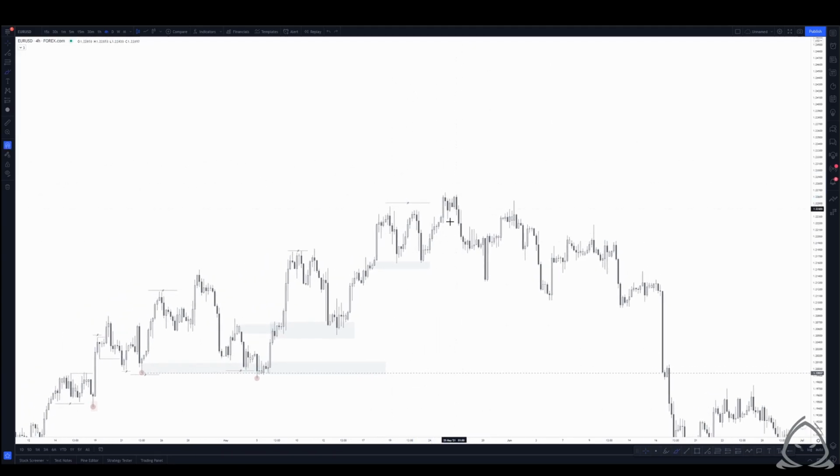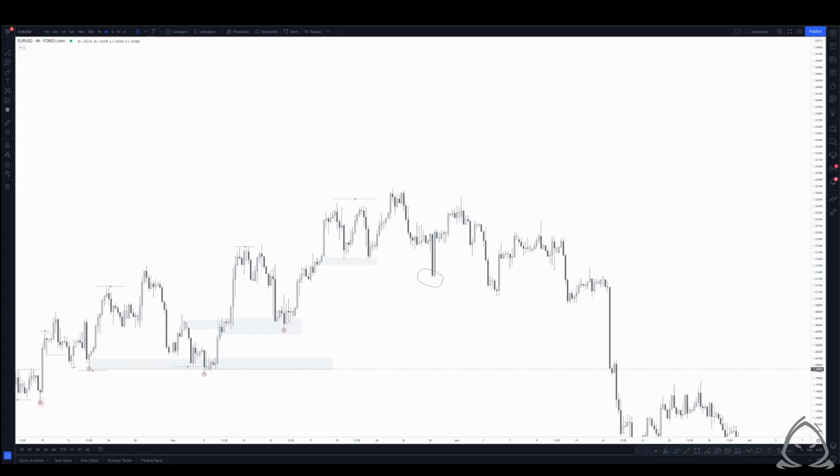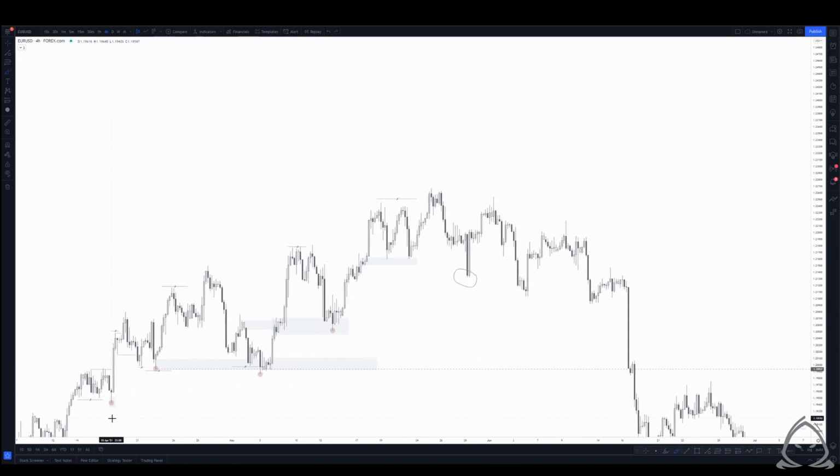We take liquidity. You can see that we have a little bit more of a change of character right here. But ultimately, what do we end up seeing? Price breaks to the downside. We've actually violated structure. So this is a first indication, of course, like I said, that we have a protected low here. So what we want to see is that protected low being broken, but we also want to just see swing structure. The emphasis is on swing structure and protected structure,